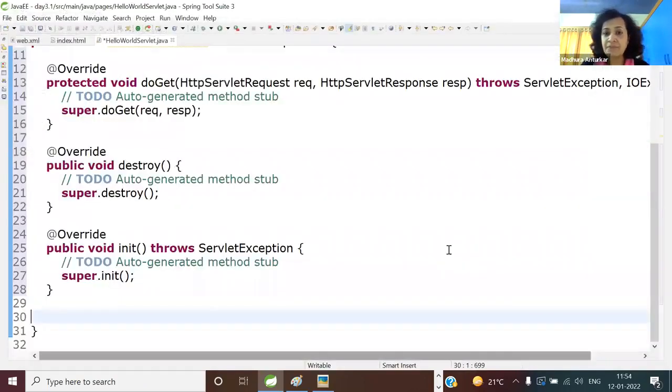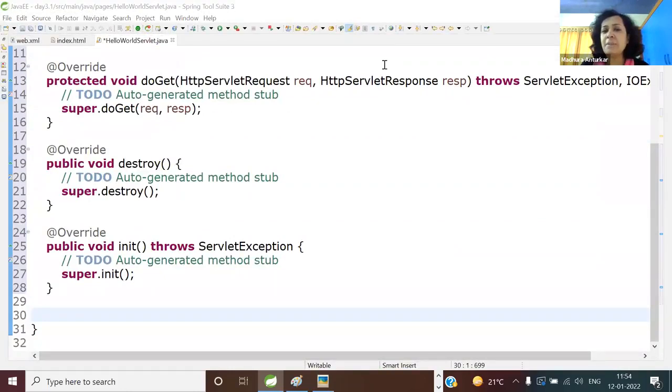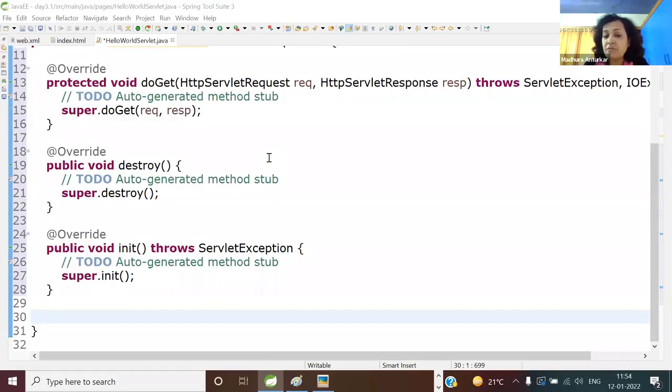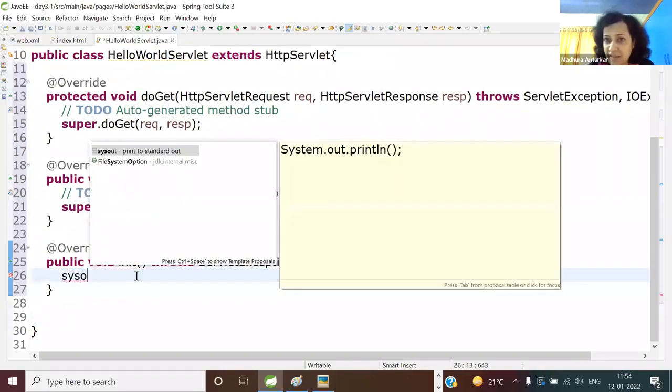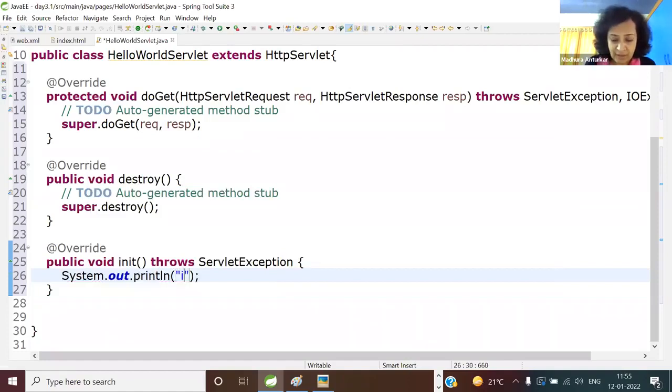Okay, so that, I'm just reducing your typing. Otherwise, you'll take a lot of time to type it out. Okay. So which method will be called first in the life cycle of a servlet? Init. So here, remove that super.init and let's trace the life cycle. The whole idea is to explain the life cycle along with hello world. So sysout in init,